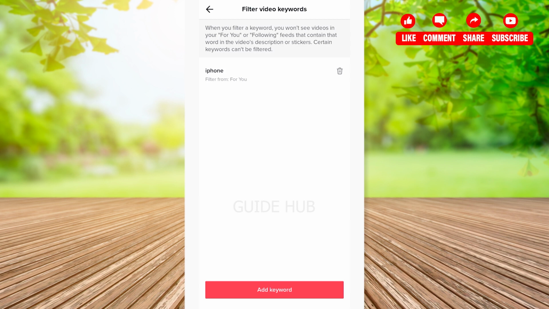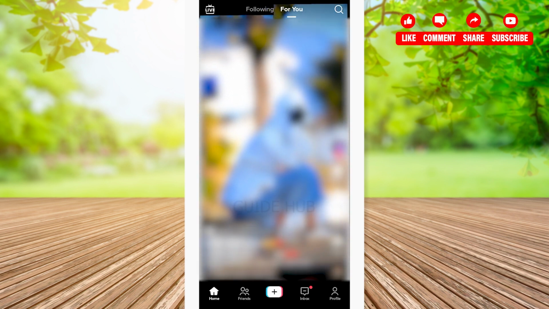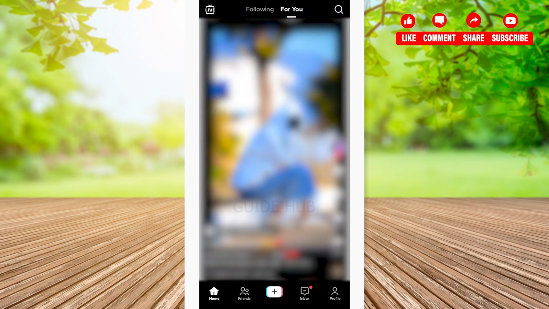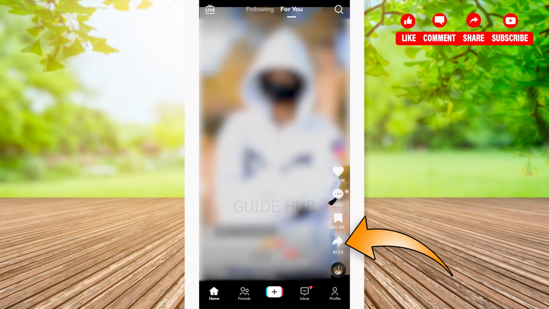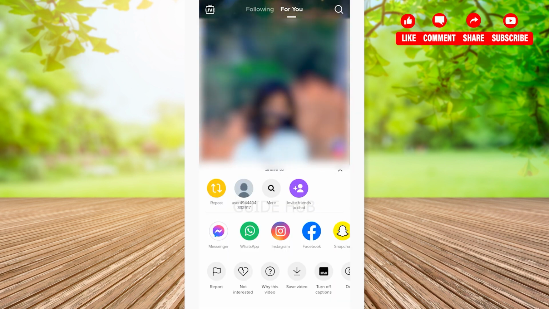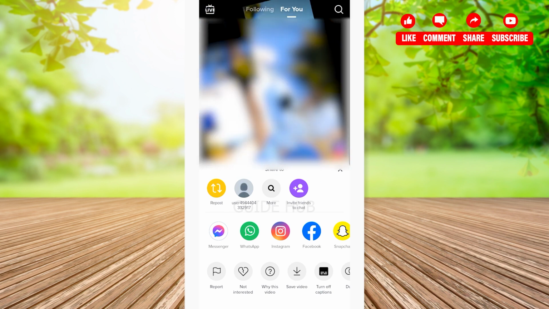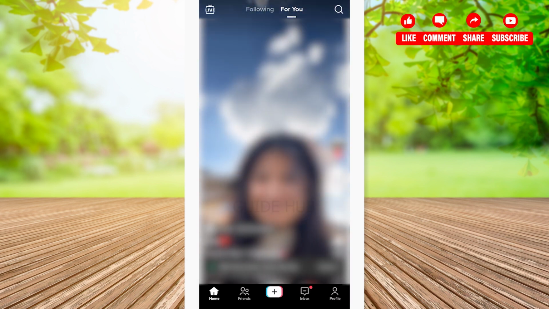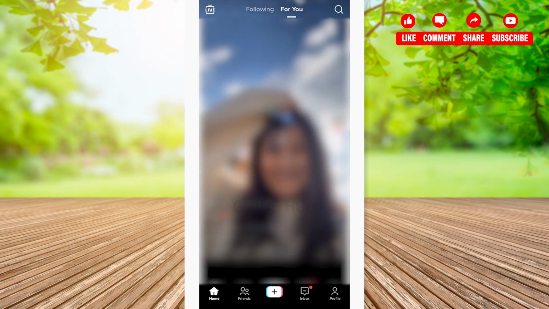There's another way as well to change your TikTok video interest. Let's say if you don't want to like or see this video that is appearing on your For You page, then all you have to do is click on the share option at the right, and you can see at the bottom there are different options of report, not interested, etc. Go to not interested. Now, rest of the work will be done by TikTok itself. You won't be seeing video of this creator anymore. This is how you change your video